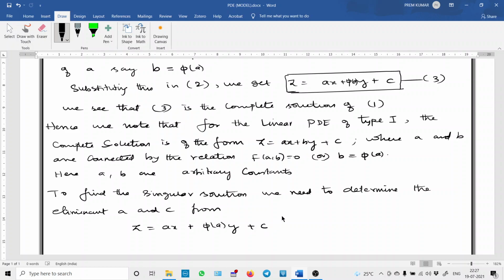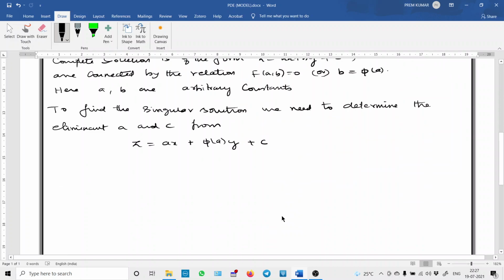This is the complete solution, and differentiating this partially with respect to